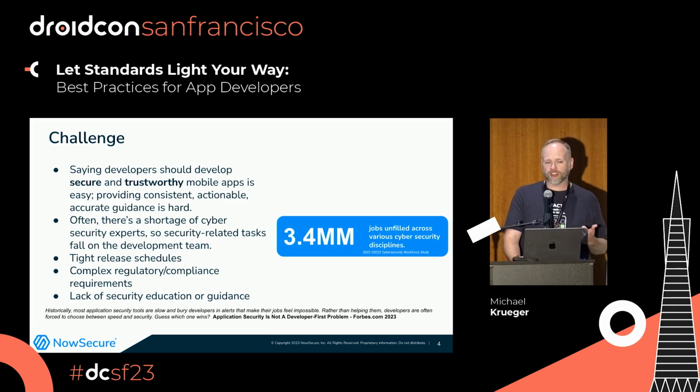The resources aren't out there. They're incomplete. They're inaccurate. They're out of date. 3.4 million cybersecurity jobs in various disciplines are unfilled currently. Why does that matter? Well, when there's a cybersecurity shortage, often that job requirement falls down on developers.